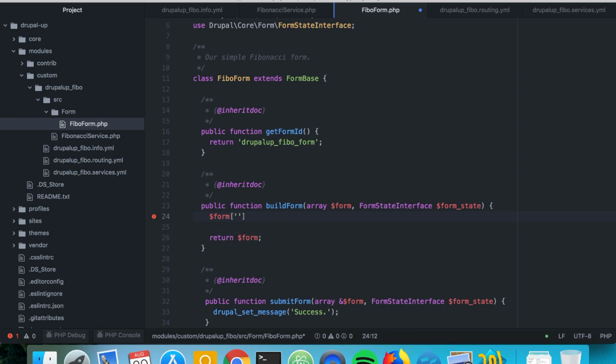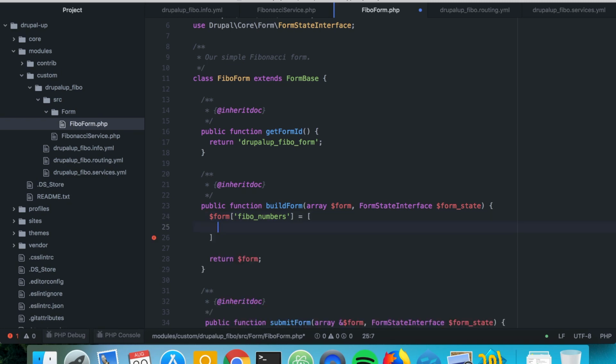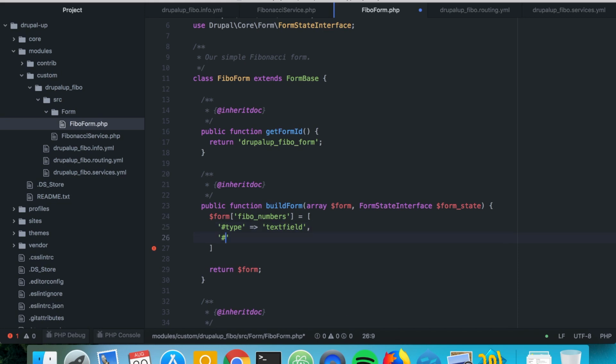So we're going to call a field Fibo numbers, and it's going to be of type text field, and it is going to be having a title